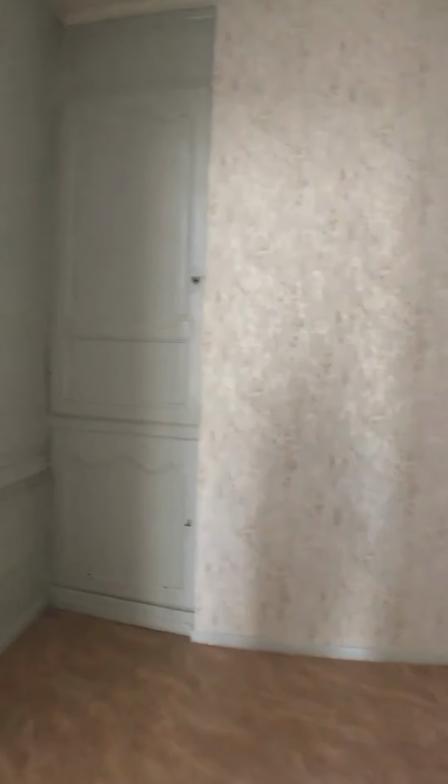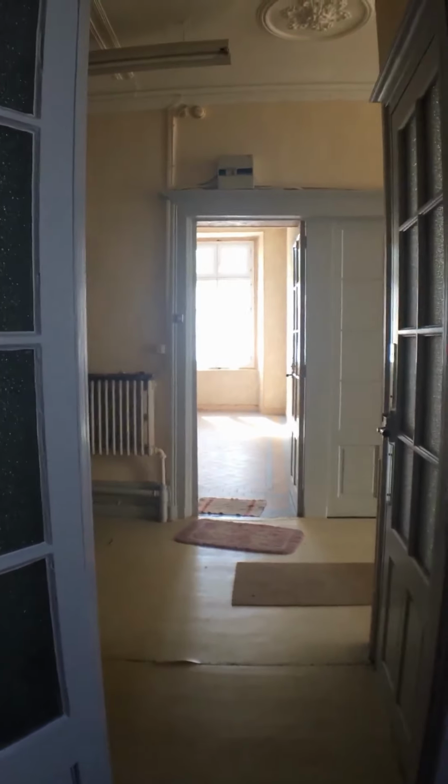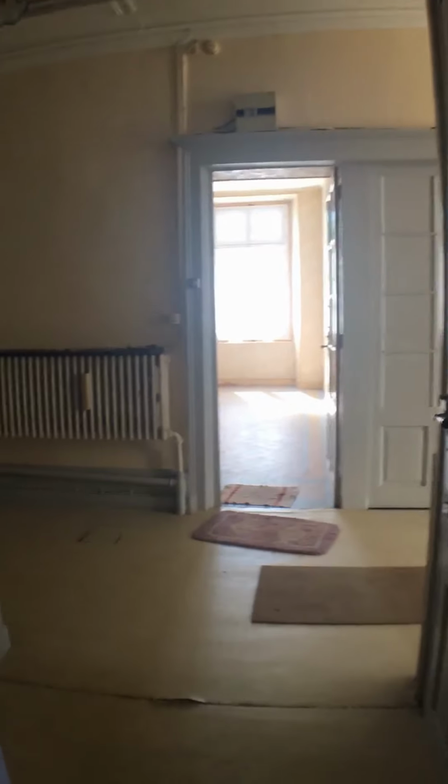Single aspect gives onto the courtyard. Beautiful panelling in this room. A connecting door to the corridor that runs outside, and as you can see, opposite the door to the kitchen. Coming out of this room,